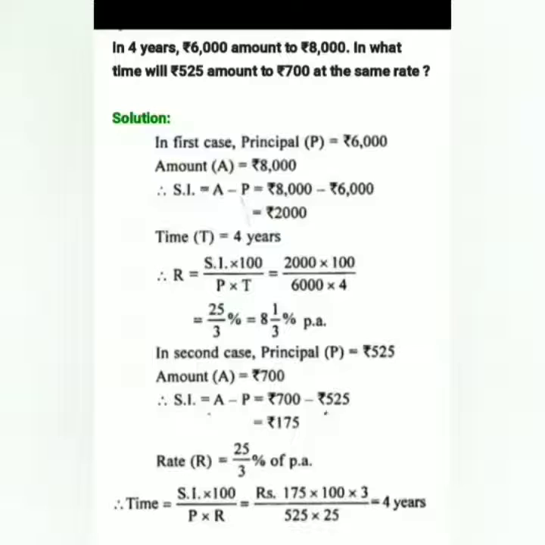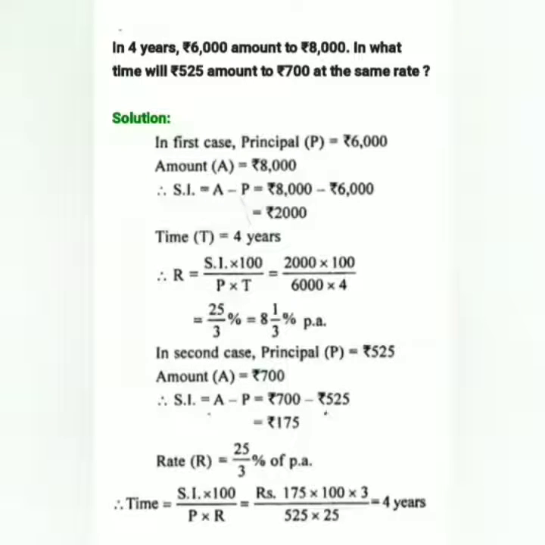Simple interest is equal to P into R into T upon 100. Only the value of time is not given to us. In place of time we will be putting T, and after solving we get the time equals 4 years. The only thing we have to pay attention to in this question is that it is divided into two parts, and firstly we have to find out the percentage of rate, and that rate percentage we will be utilizing in the second part.